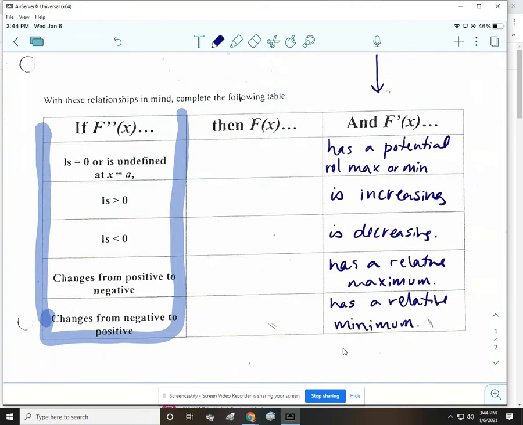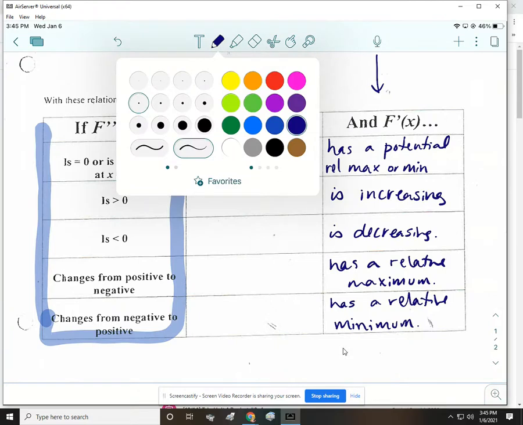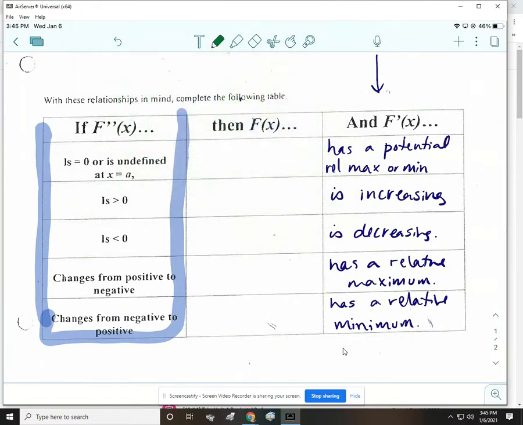All right. And then let's talk about what that means for f of x. All right. So if f double prime, the second derivative, is 0 or undefined at x equals a, what that means for the function, it has a potential point of inflection. Okay,